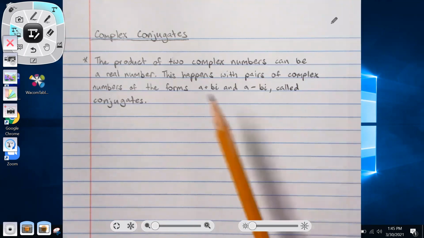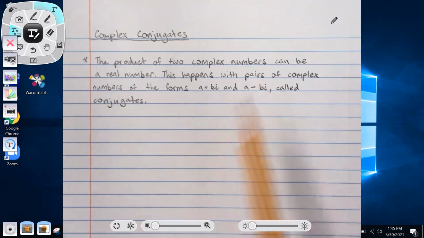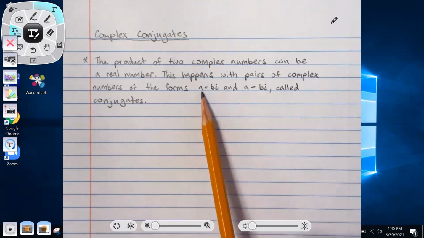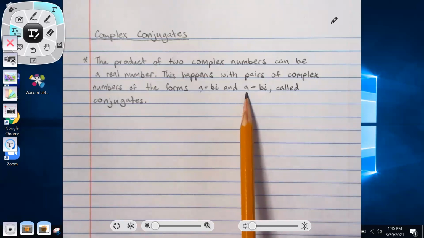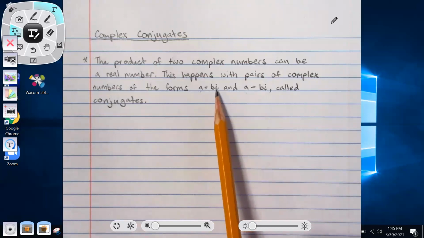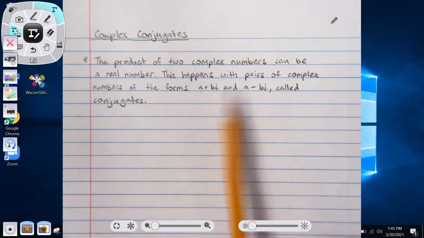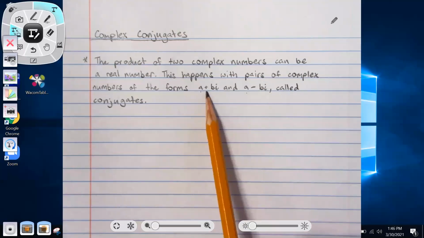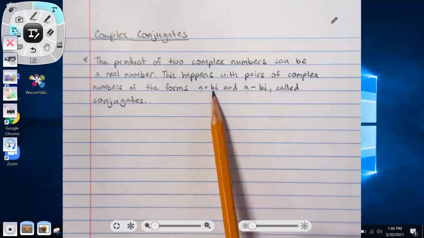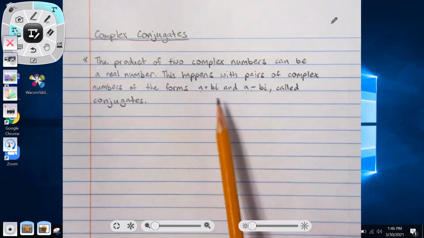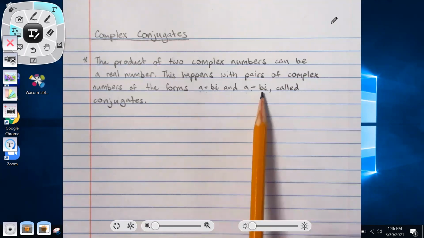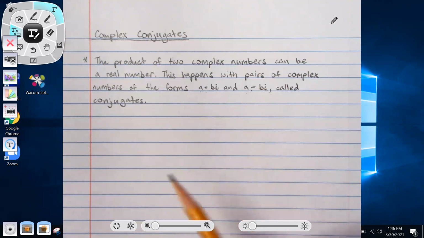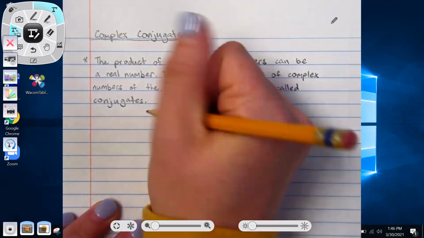So the reason that happens is because we're multiplying conjugates, which is the same real number, a and a, the same imaginary number, bi and bi, but one we're adding and one we're subtracting. These are conjugates of each other. So all the same numbers, but different signs in between. That's all it is. So if we were to multiply these together,